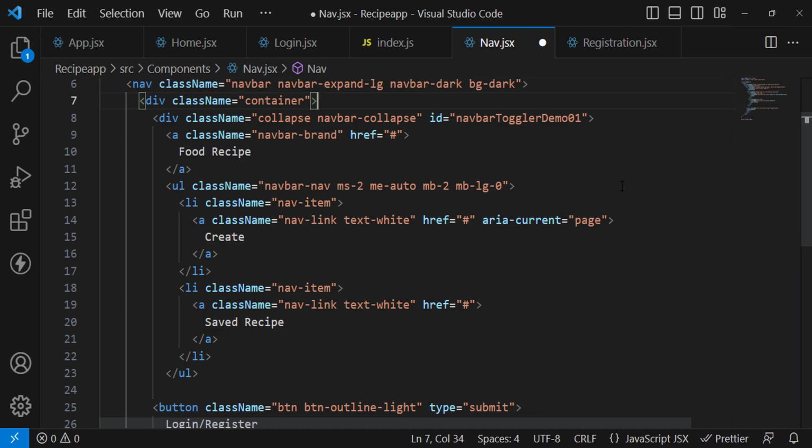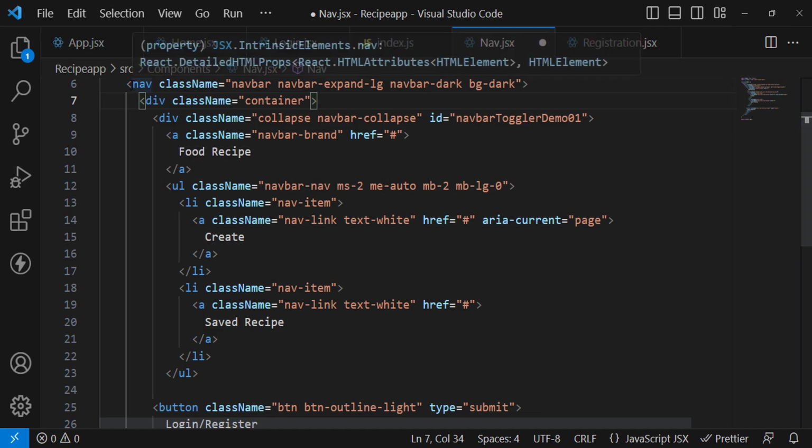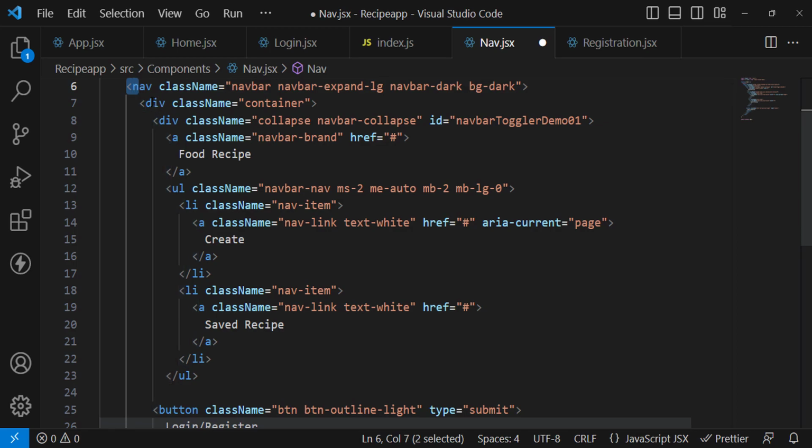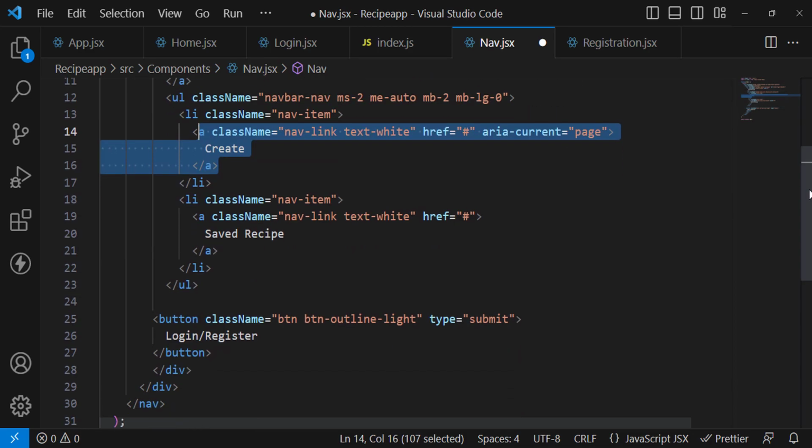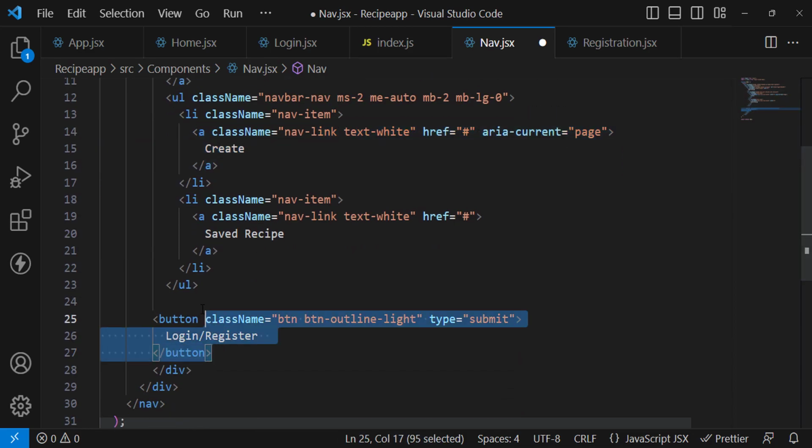So I have customized that code, and this is the whole code that I have copied. Navbar, after that container, and then we have this another one. Here we have this food recipe link and other links for create recipe and save recipe, and also login and register buttons. So now let's import it inside our